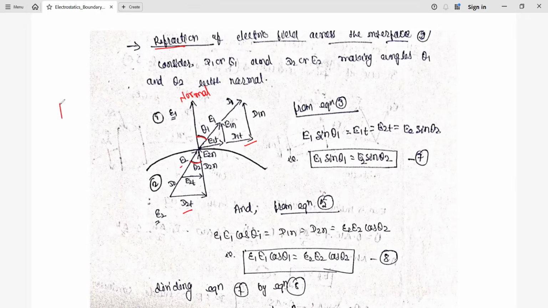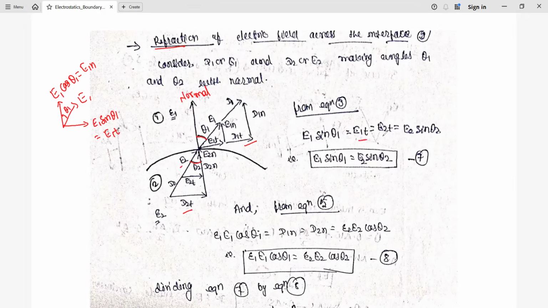In general, suppose we have some vector. This is E1 here. If it's making an angle theta, what will be its vertical component? That vertical component is going to become E1 cos theta. It is medium 1, so theta 1. So this is only E1n, whereas this is going to become E1 sine theta 1. So this is the tangential component E1t. That's why we have written here E1 sine theta 1 equal to